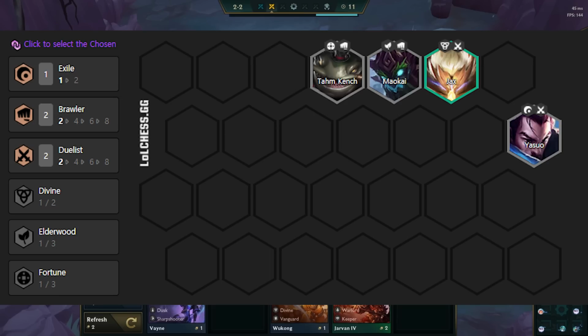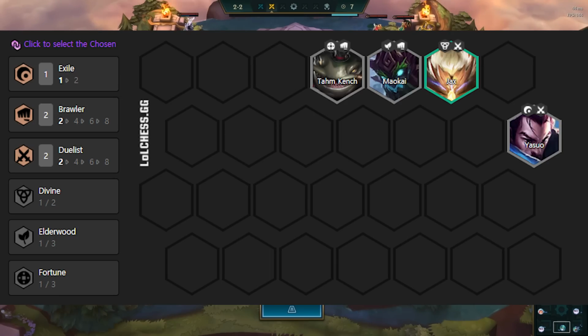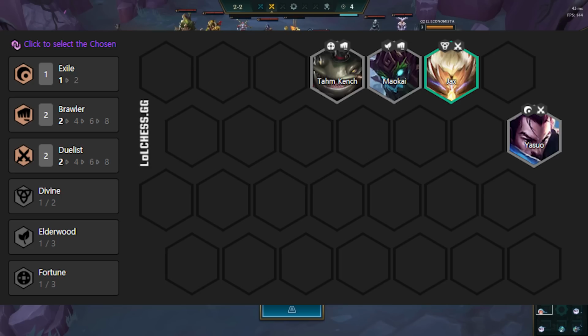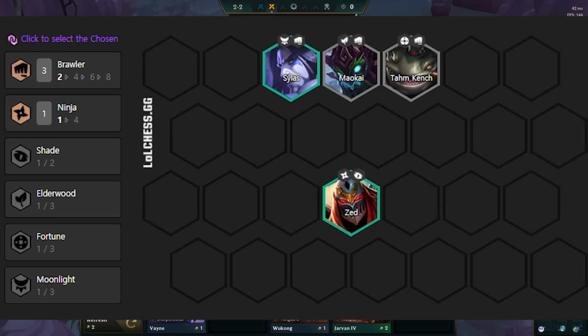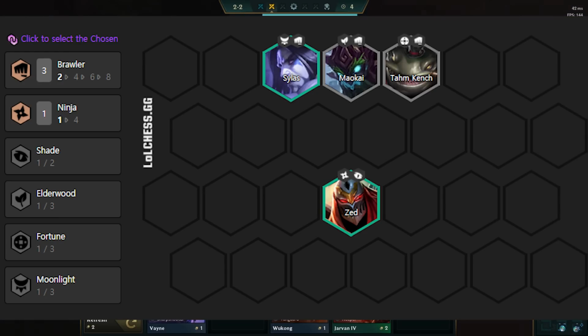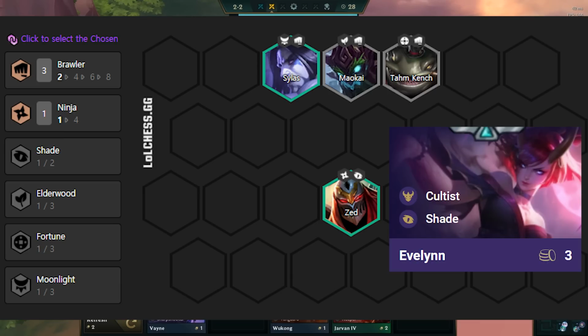Yasuo carry. Here Yasuo can carry Ashe items, and as long as he has 2 duelists, he should do fine. The other 2 units are preferably Brawlers, but can be 2 Vanguards or 2 Keepers as well. Zed carry. Here Zed carries Ashe items. The frontline is preferably Brawlers again, but can be Keepers as well. If you find an Evelyn for another shade, make sure to fit her in so Zed can drop aggro and